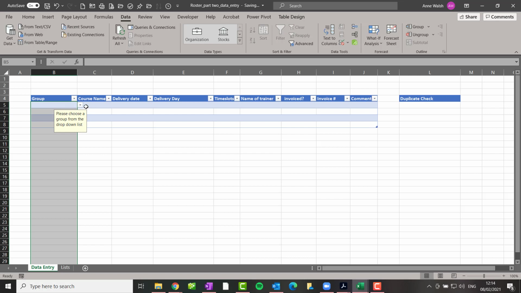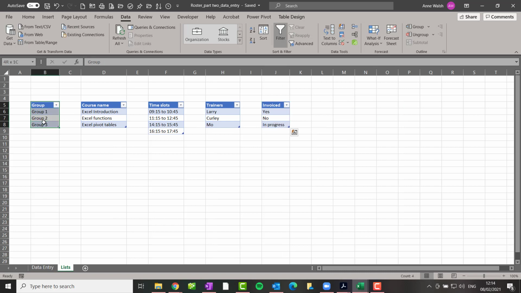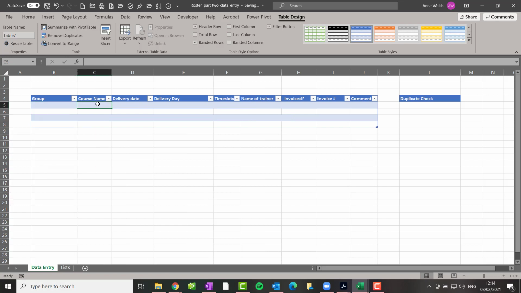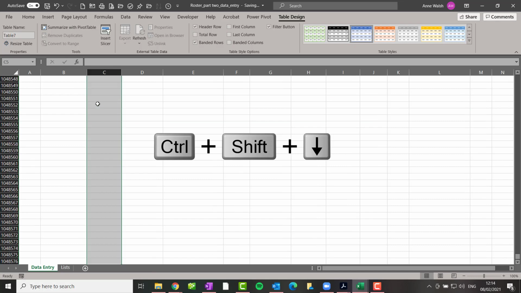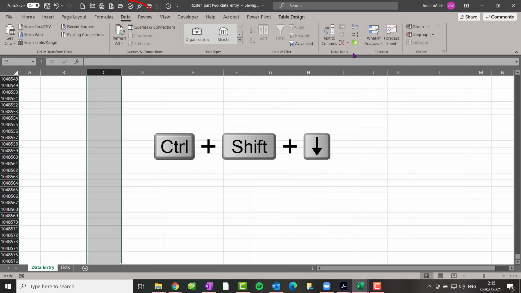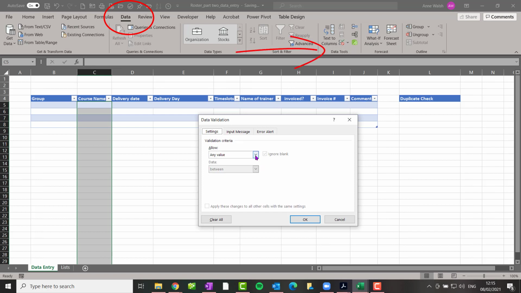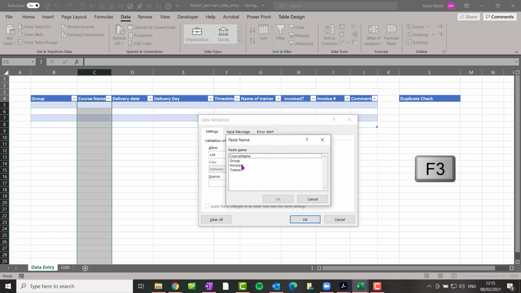Now see here, it just says group 1, group 2. If I go back and go to lists and highlight it, and go up to Table Design, I can remove the header row if I don't like that. Data entry, I then do the same thing with course name. Control Shift arrow down and then down again. I go up to Data, Data Validation, Settings, choose List, press F3 on the keyboard,